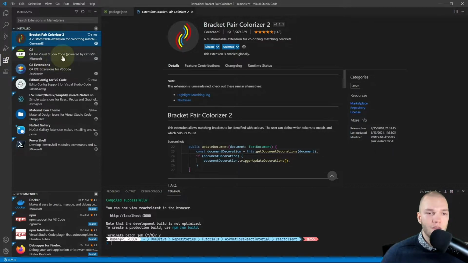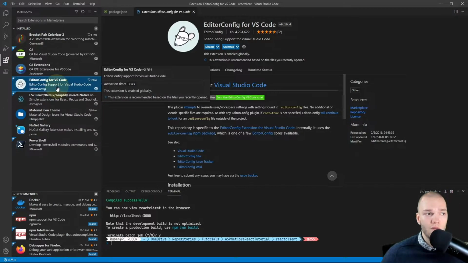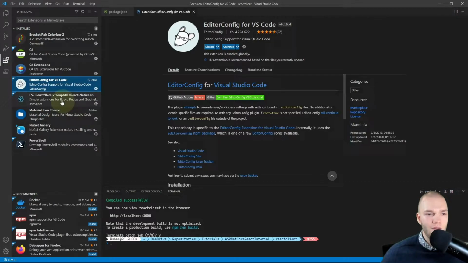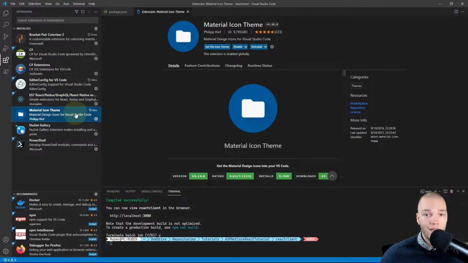I have editor config, mainly for code formatting, and we'll set that up in a minute. And we have the ES7 React Redux GraphQL React Native snippets. That just contains a bunch of handy code snippets. And lastly, I have the material icon theme for better looking icons.